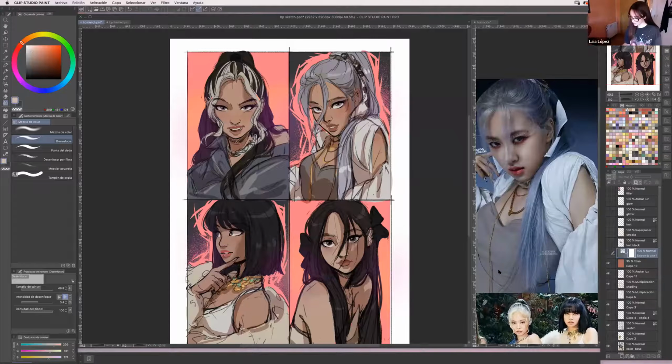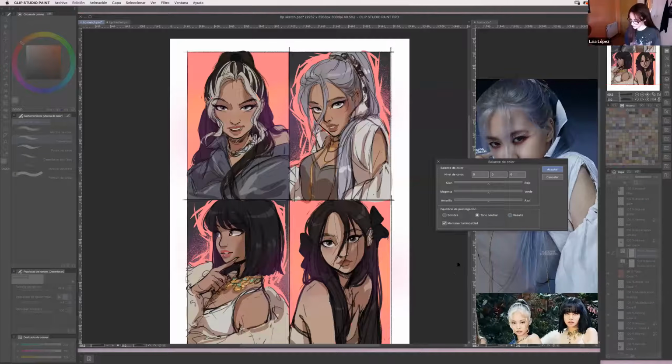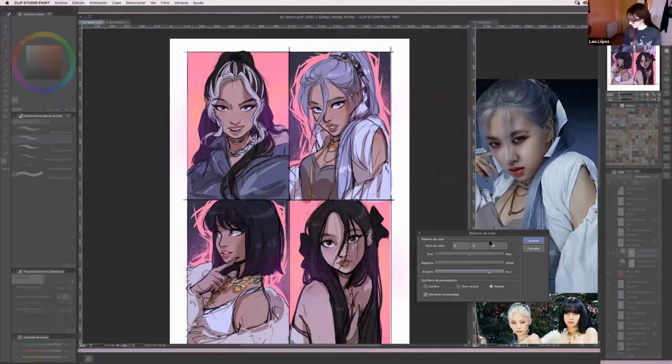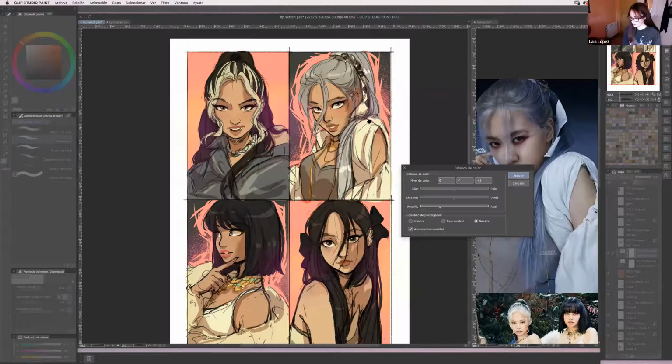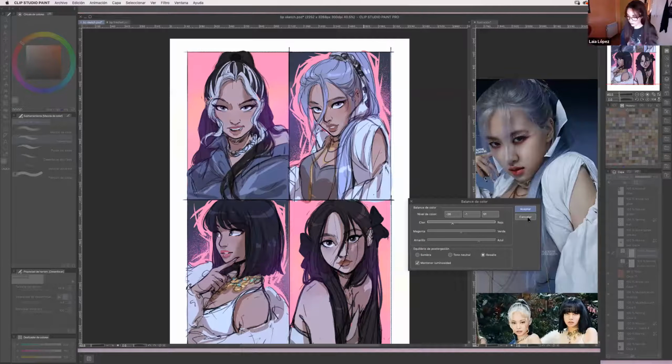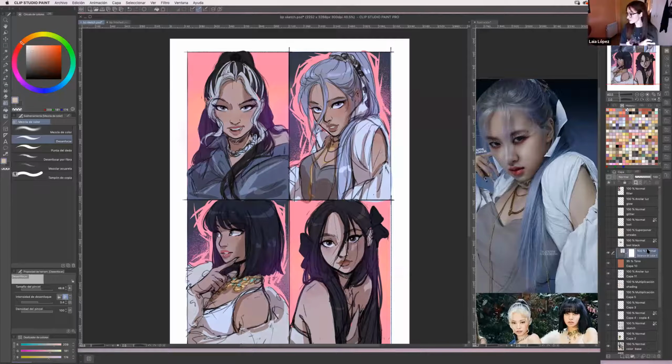And I want the drawing to have a little bit of blue lights. So what I did is basically play around like this with the levels. I tried this one as well, which I really liked, but it was not the vibe that I was looking for. So I just kept it with the blue and maybe a little bit more cyan. I really like how the whites or the lighter colors turn out a little bit more blue. And yes, so I kept it like this. I'm not gonna click yes because I already did it here. And that's how it's gonna look. I really like the whole aesthetic and color palette that came out with the color balance.